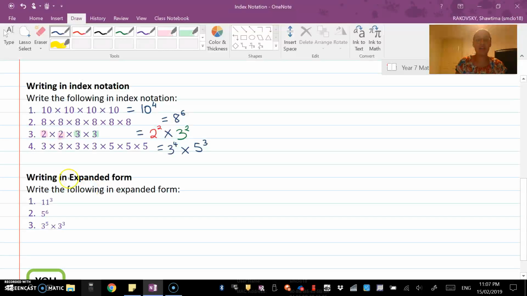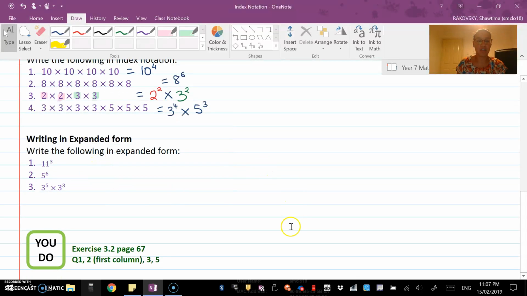Now to go the other way, these questions here are asking to write in expanded form. So here we've got 11 to the power of 3. So we know that this number here is our base. So I know it's going to be 11 multiplied by itself, and this little index tells us how many times. So that's 1, 2, 3. Again, with this one here, we have 5 as the base, so we're multiplying it, and the little index, the power, is telling us